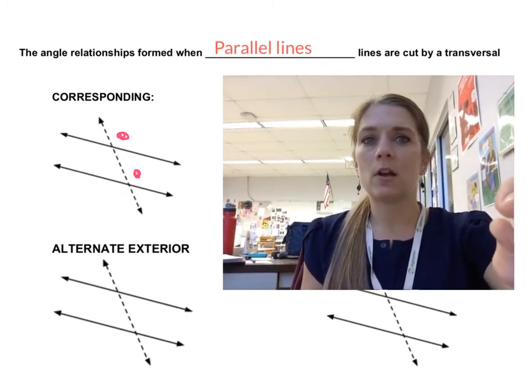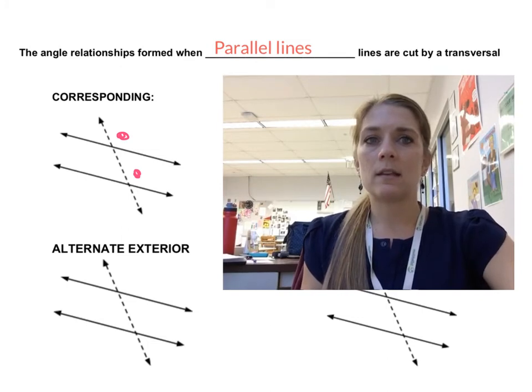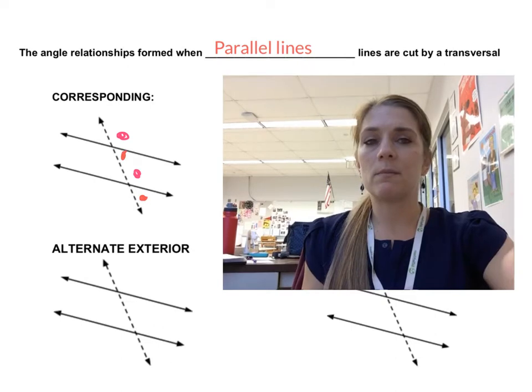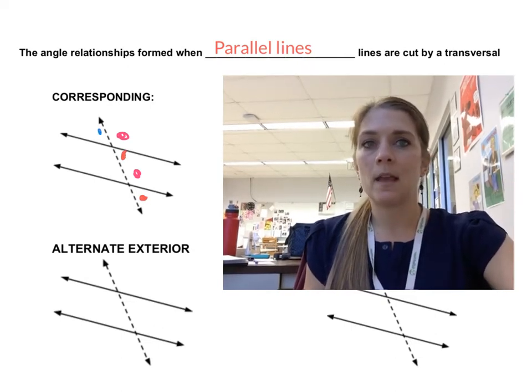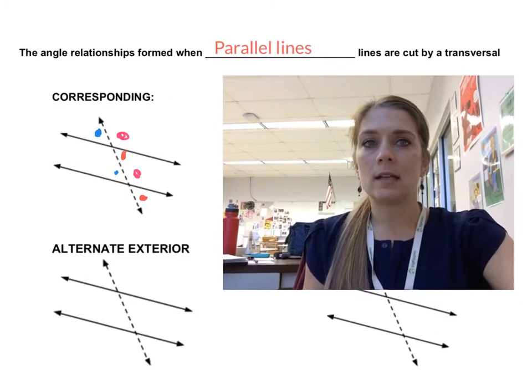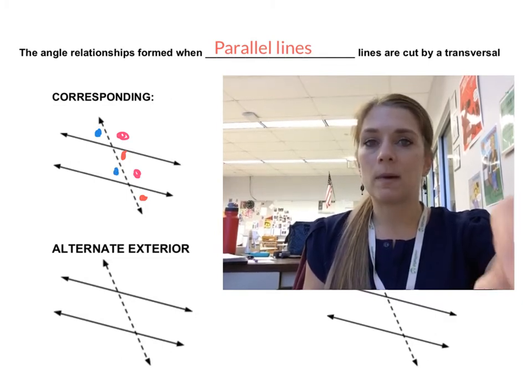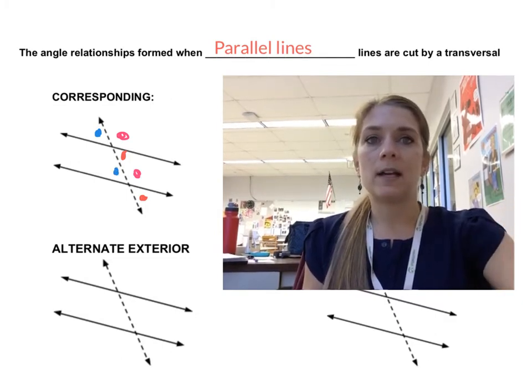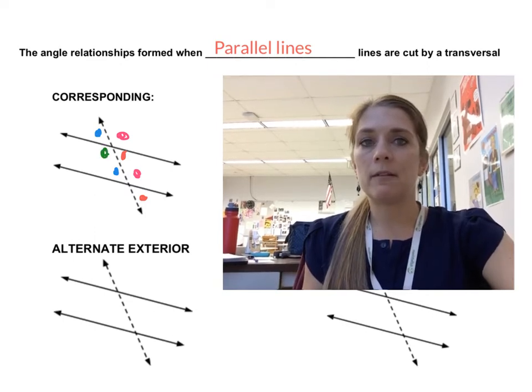Okay, if I grab another color, this angle is the bottom right-hand corner, that angle is the bottom right-hand corner, so those are corresponding angles. Another color here, top left and top left are corresponding angles,